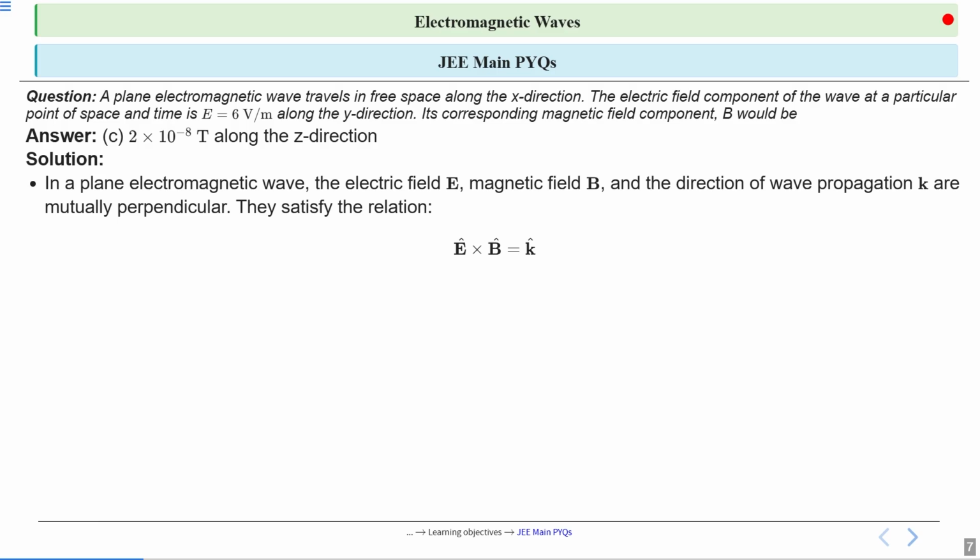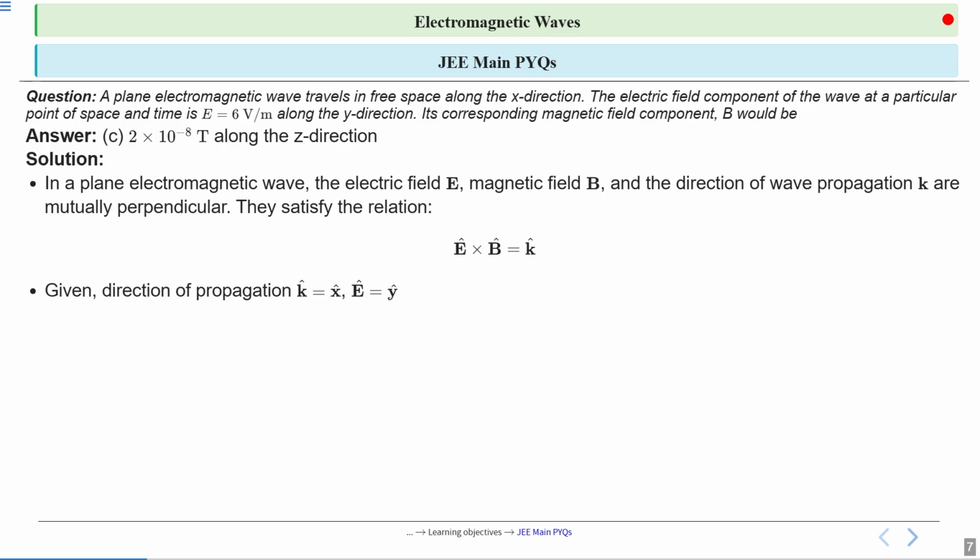So here this K cap is not the direction along Z. This K is the propagation vector, so K cap gives the direction of propagation. We are not using i cap, j cap, k cap here, because we are using K for the propagation constant also. So we are using x cap and y cap. X cap means direction along the X axis, and y cap means direction along the Y axis. So for eliminating the confusion between i cap, j cap, and k cap, we are using x cap and y cap here. So this K cap is the propagation vector.